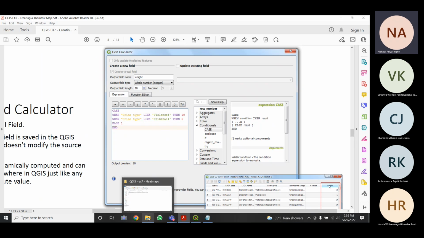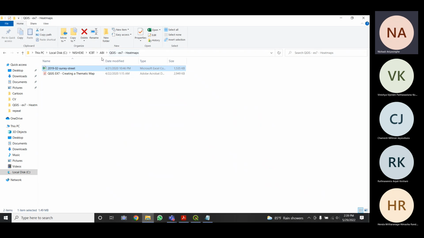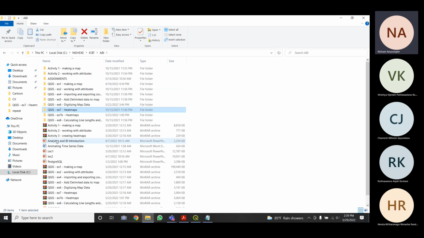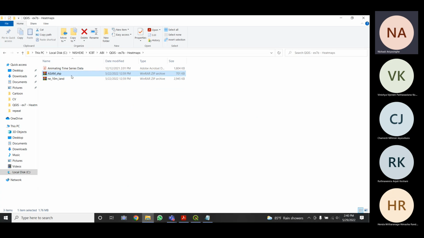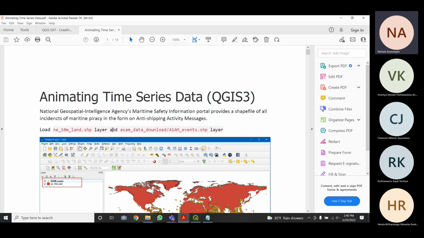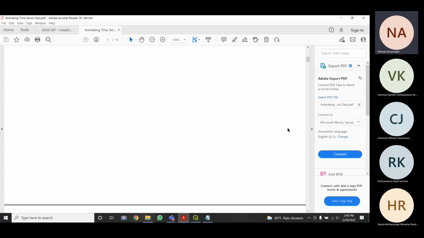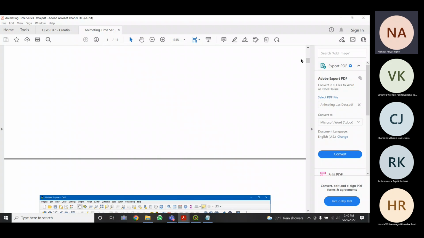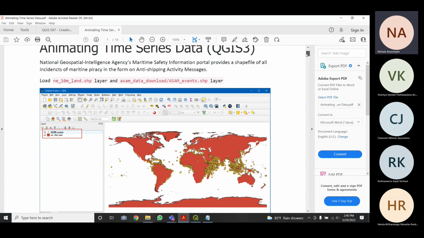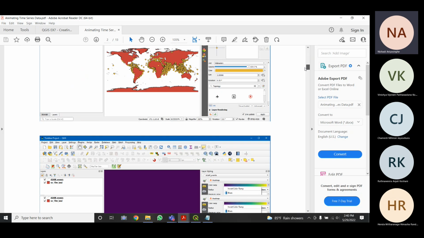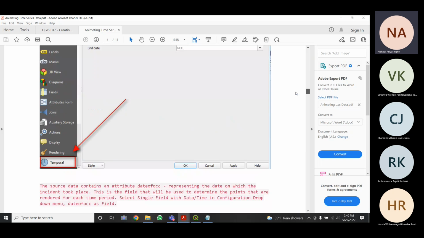So people who are confident with creating this heat map, I have also sent you another exercise. I think I have sent these files separately for you. So you can create an animated time series data, right? You can create an animation using heat map. So here also step by step everything has been explained. If you feel like you are confident with creating heat maps, you can try to build this animation, right?